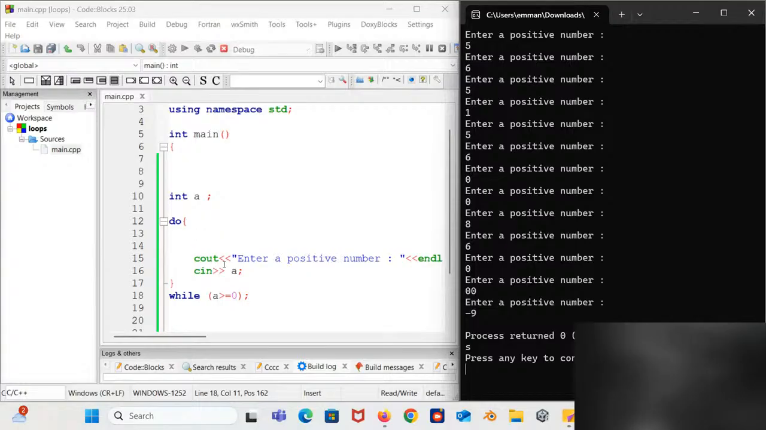So what happens here is when it says enter a positive number, cin, we enter a positive number. Now it checks the number. Is the number greater than or equal to 0? It's true, right? 5 is greater than or equal to 0. Then it gives you another option to enter more numbers. So if the number that you enter now, instead of being greater than or equal to 0,